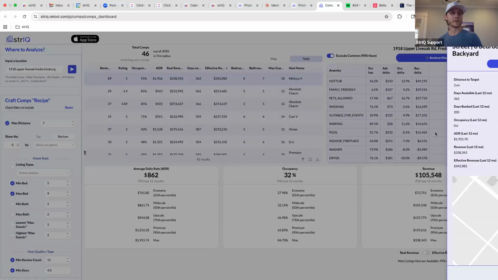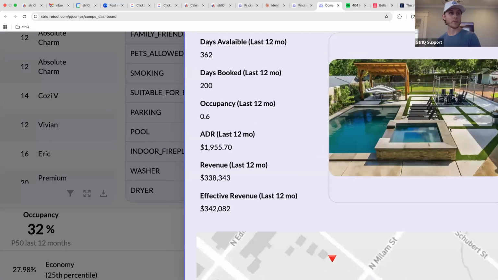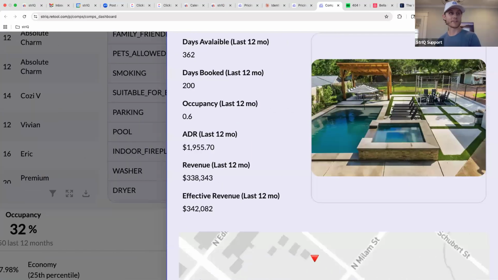Let me just go back to it. You can see it's got a swimming pool, the string lights, the fire pit. So you're able to see a lot of these key details. To me, in this market, you have got to have a pool to drive that upper revenue threshold. So either A, you can spend 100 grand and put in a pool. B, even an above ground pool with some cool decking could be cool. That's more cost effective. Or C, kind of worst case scenario,